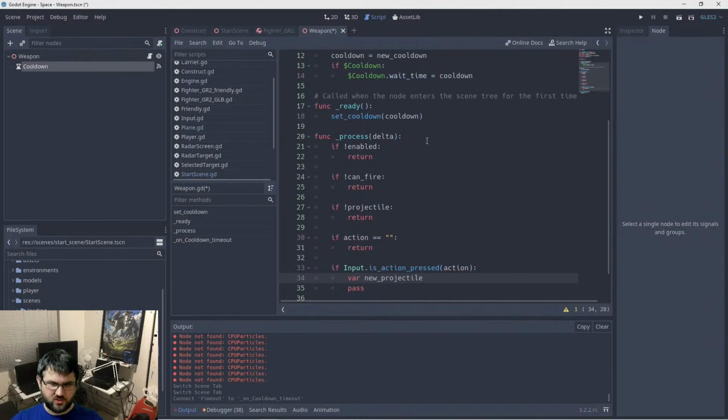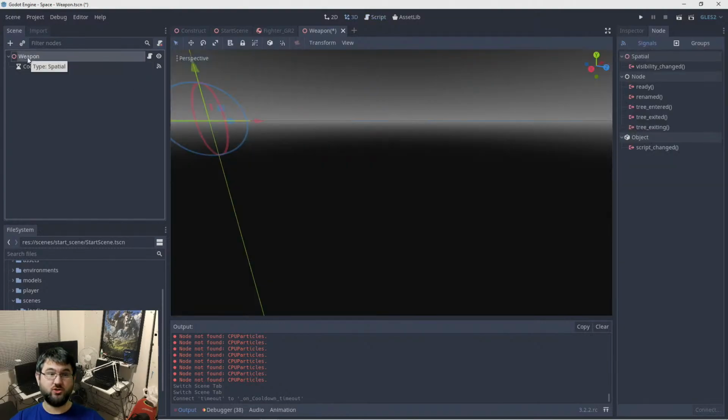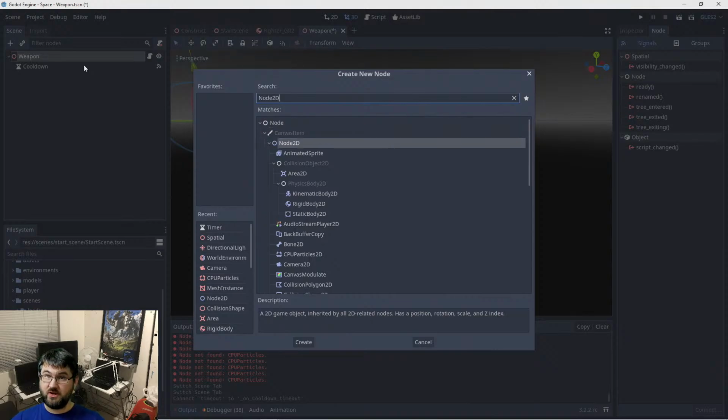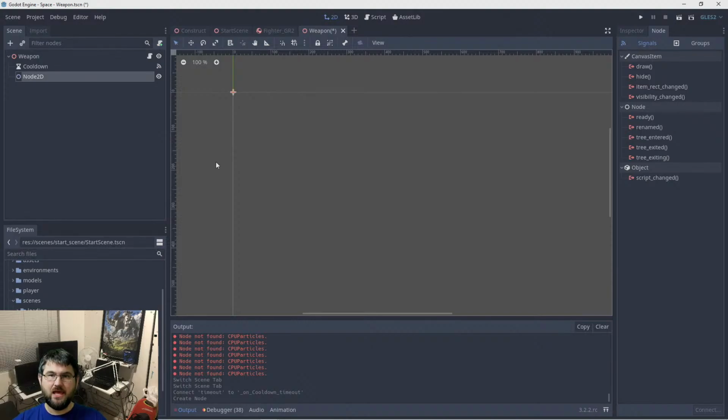We start with creating a projectile, a new instance of our projectile scene. Alrighty, that reminds me, my age-old trick. We're making a 3D game and we're adding a 2D node. When we are adding a projectile, and some of the other tutorials that I've done and some of the other projects that I've done,